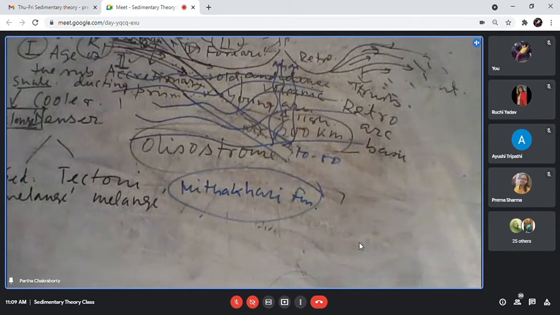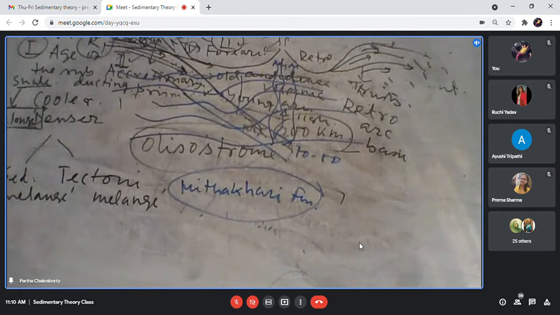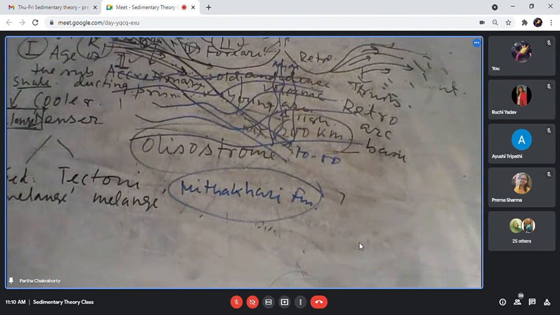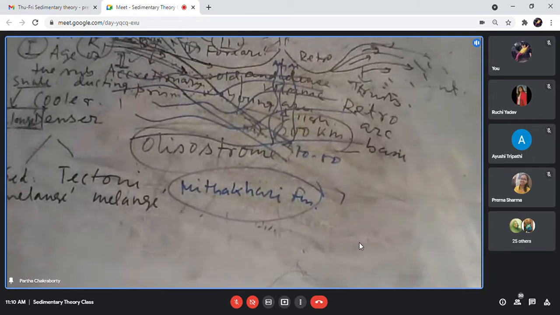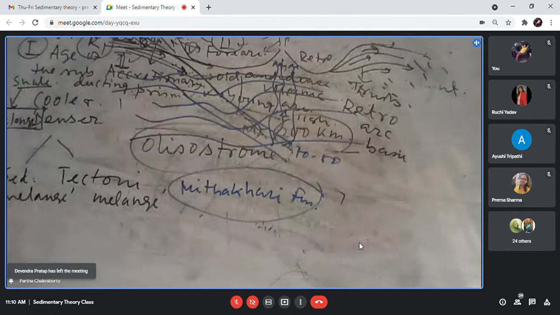Suppose today the Andaman Sea is a fore arc, but this Andaman Sea is connected to the Bay of Bengal. Because it is ocean-continent subduction, the continental derived delta can also supply sediment into the fore arc. But in an ocean-ocean system, that possibility is not there. It will only get sediment from the volcanic arc and the outer arc, and that is a completely lithic sandstone. But if you have the continent-ocean system, then the distal delta can also supply into the fore arc, and it will get the quartzolithic sandstone.